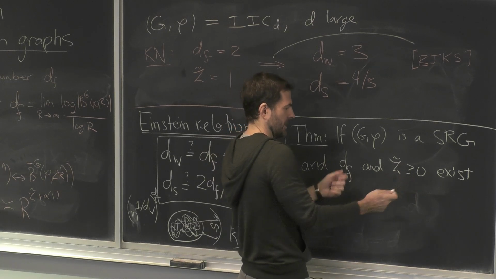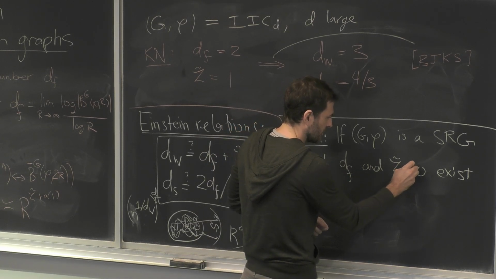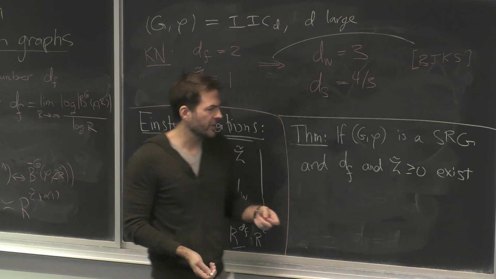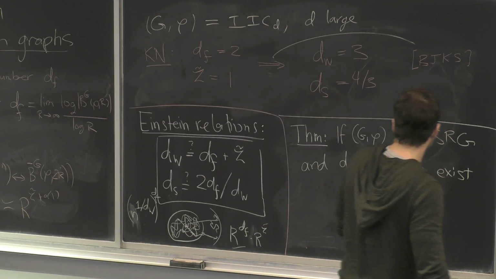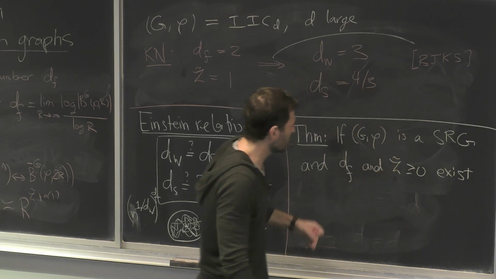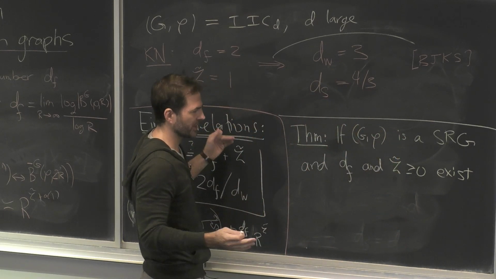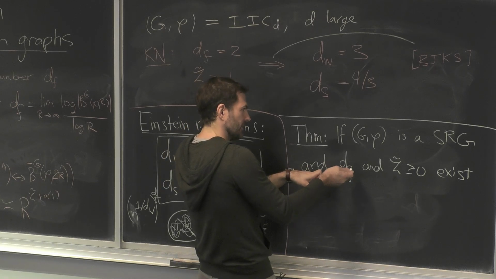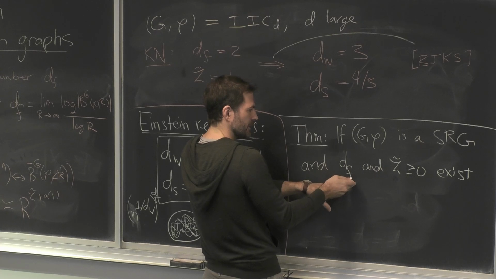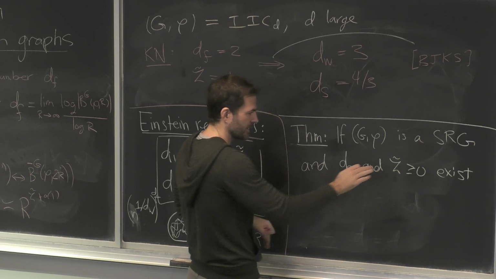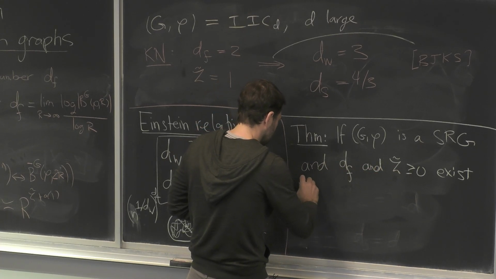So this is the recurrent regime. By the way, the recurrent regime does not entail recurrence. So for instance, there are examples where one is in the recurrent regime where the random walk is not recurrent, but that's what it's, okay. So if you have a stationary random graph and the growth exponent and the resistance exponent exists and is non-negative,